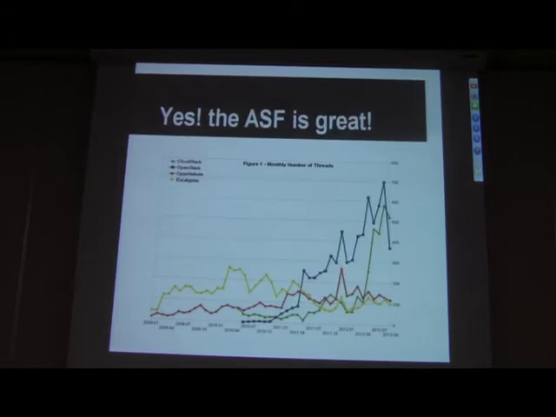So I think I showed this slide before. Since joining Apache in April, we have seen a five-times pickup in our traffic. And right now the mailing list is very vibrant. If you join, I would suggest that you set up filters appropriately because there will be a lot of mail coming your way. But it is okay. If you're not interested, then you can ignore the mail. If you're interested, you can review it.